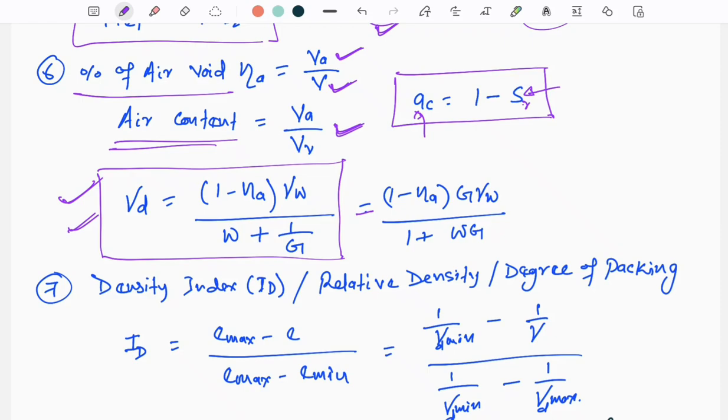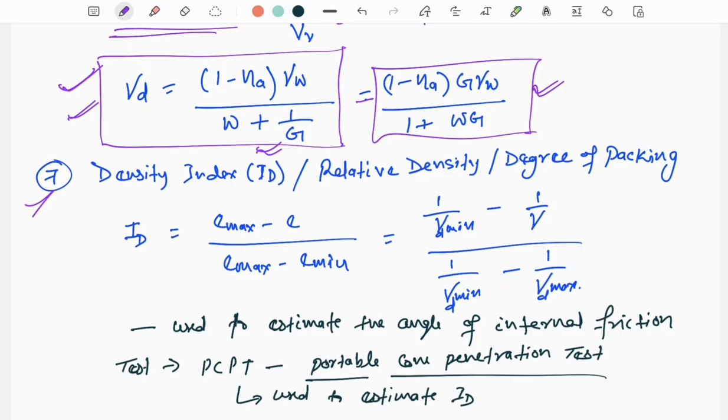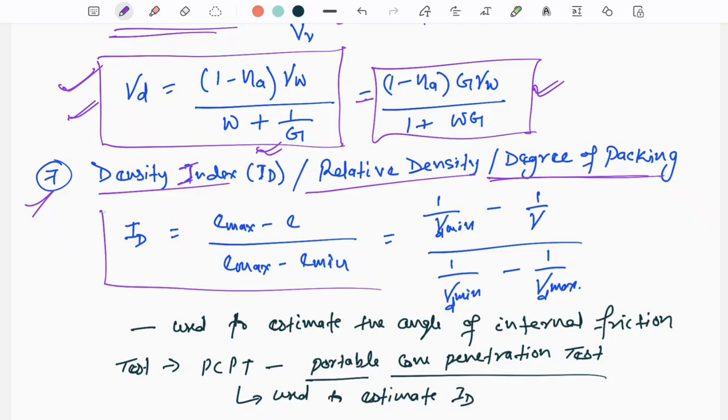And it is also written like this. With a rearrangement of this term, you can write: (1 minus eta A) G gamma W divided by (1 plus wG). The next term is density index. Density index is also called relative density and degree of packing. The relationship for this degree of packing